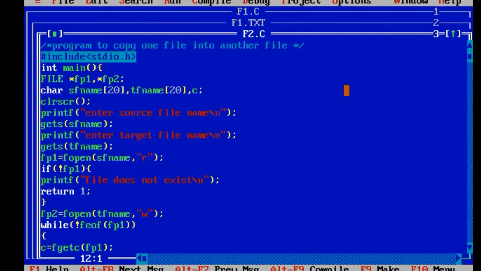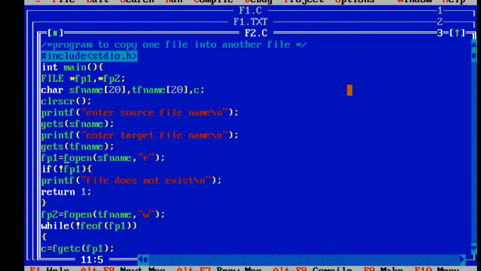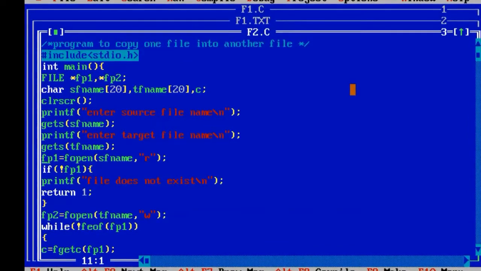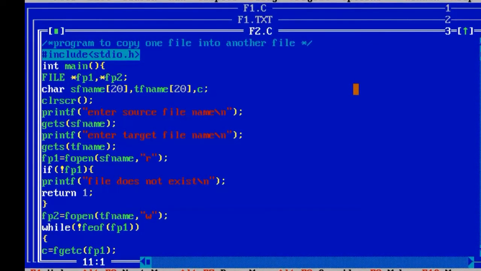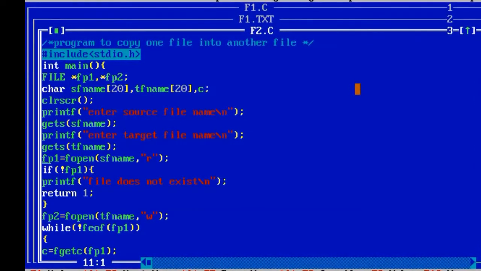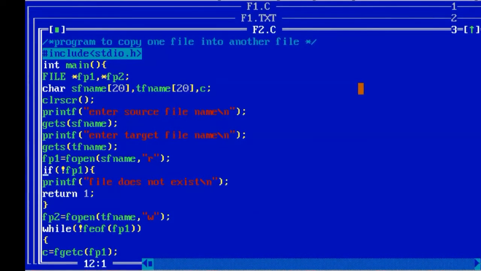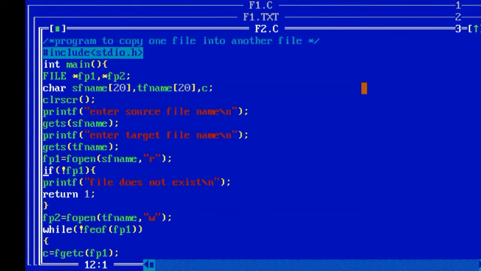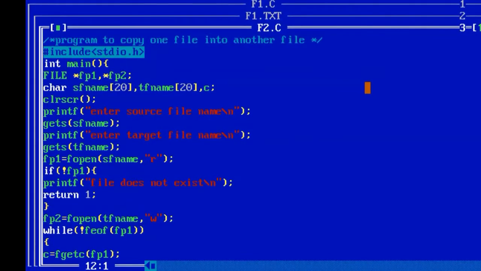Basically what happens here is fopen will open your file and send the starting address of your file into the pointer fp1. So what happens if your file does not exist, or if the file is not opened? In that case, fopen transfers a null value into fp1. You can check that by using an if condition. If not fp1, that means if fp1 is not containing a valid address, or if it contains a null value, then what do you have to do?